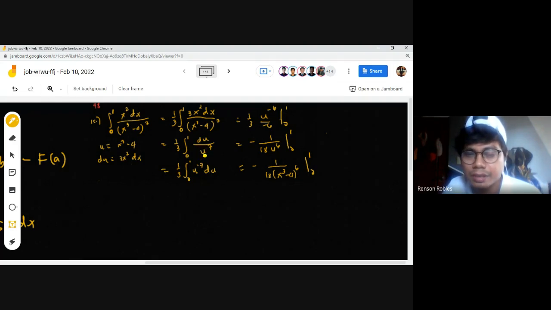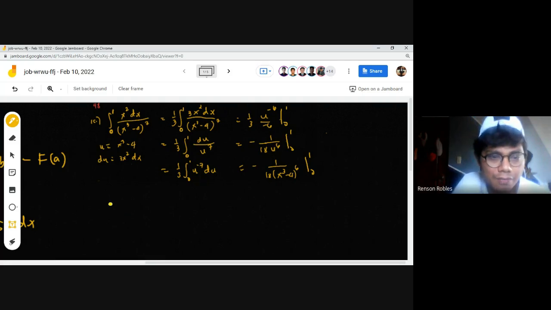And then you get the reciprocal of this. Write it on the numerator. So you have u raised to negative 7 du evaluated from 0 to 1. And then you execute the integral. And that leads us to negative 1 all over 18 times the quantity x cubed minus 4 to the 6th